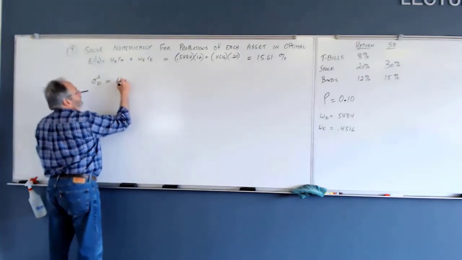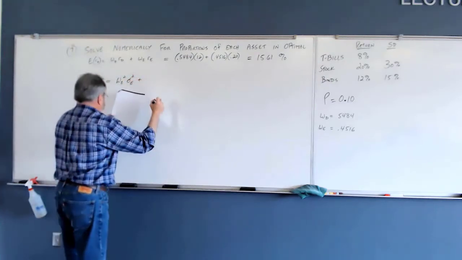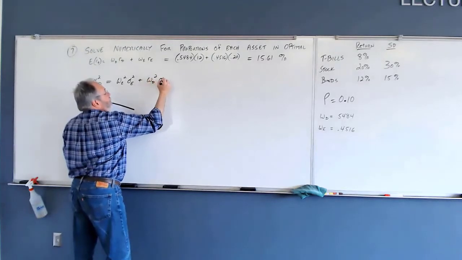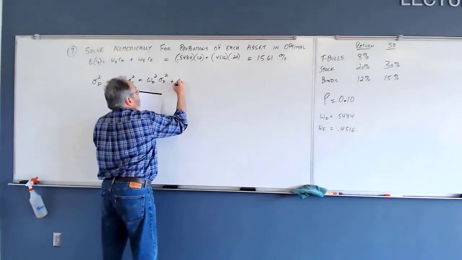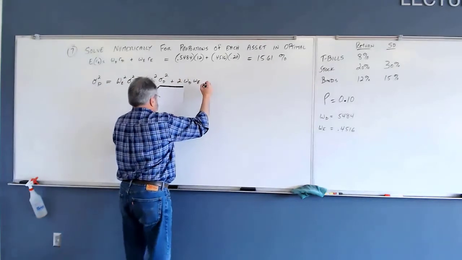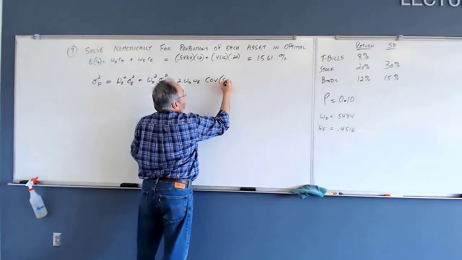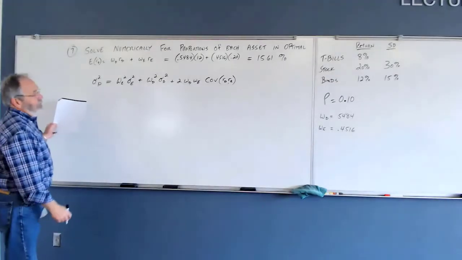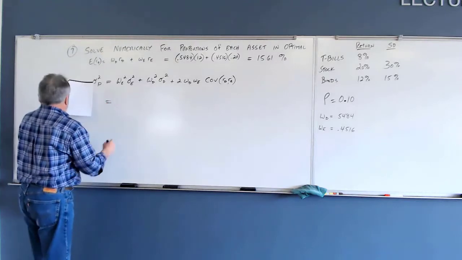Again, weight debt squared sigma squared debt, plus weight equity squared sigma squared equity, plus 2 weight debt weight equity covariance of returns on debt and return on equity. Yeah, we all know that by heart anyway, right? This is equal to